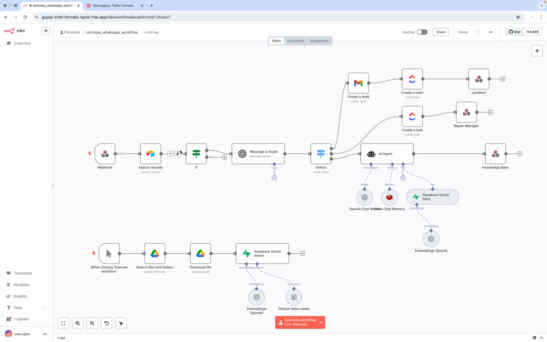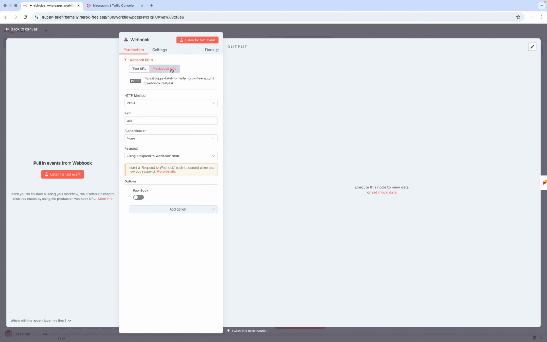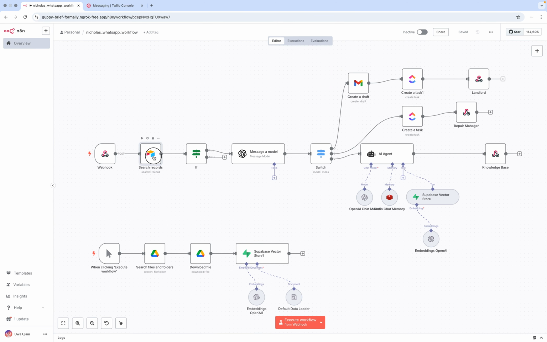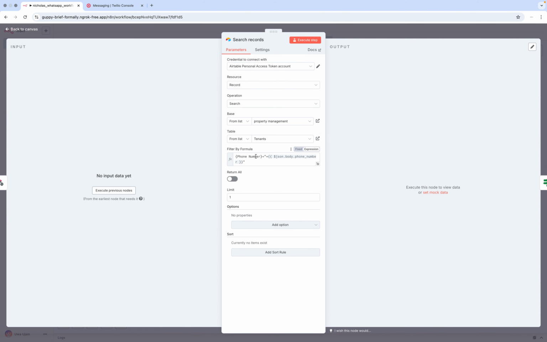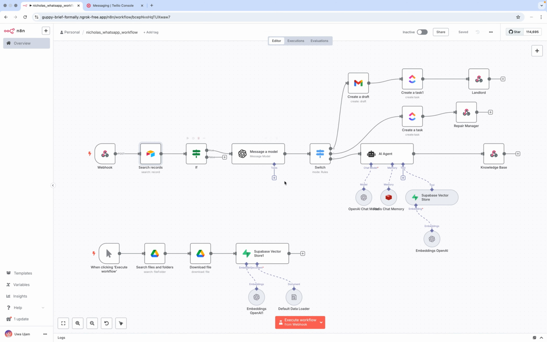And here is what I was explaining in the design. So when the information comes in at this point, okay, we've got nothing saved here. So we are expecting that specific fields come through. So when we're searching for records, remember I mentioned that this goes off to the Airtable database to extract something from the phone number. So this is the phone number. It looks at the phone number column within the property management and tenants table in Airtable, and then this is where the message categorizer takes place,